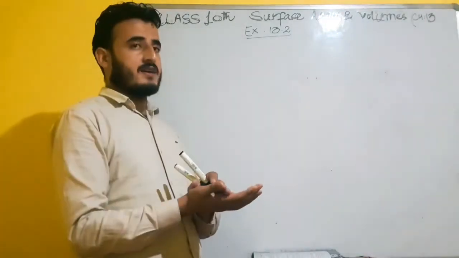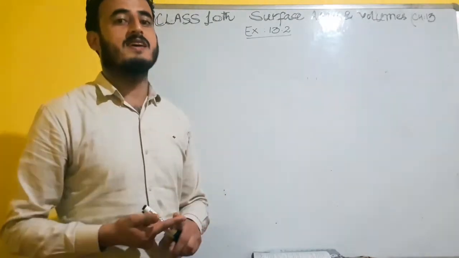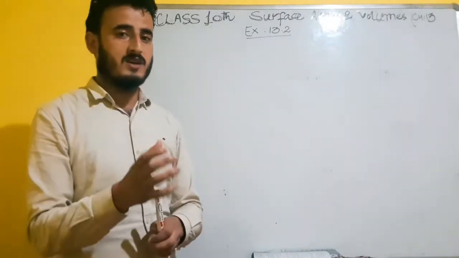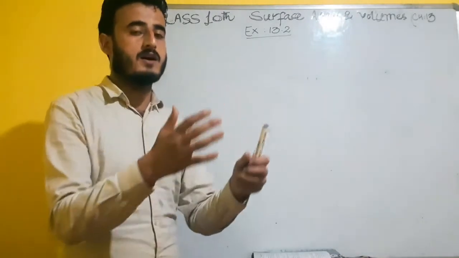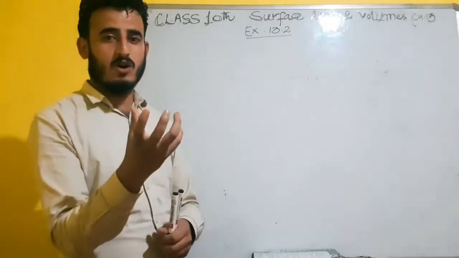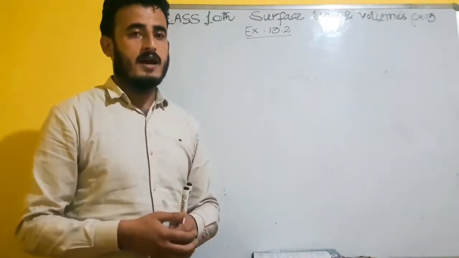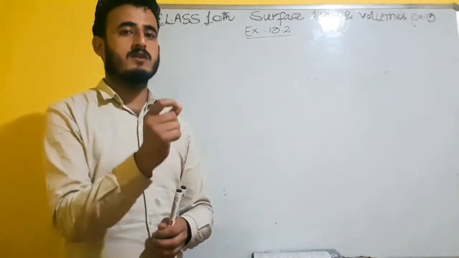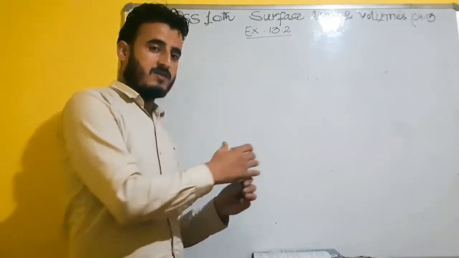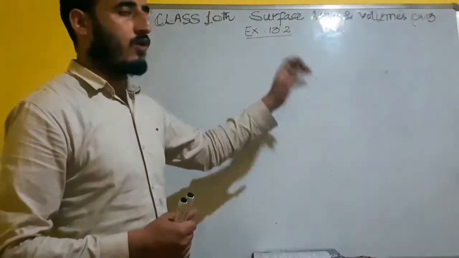Here, what we have to find: we are given a solid, and the solid is made of the cone as well as the hemisphere. A cone is surmounted on a hemisphere and we need to find the volume of the combined solid here. Given the dimensions, the radius of the hemisphere is equal to the radius of the cone, and the radius of both is equal to the height of the cone. With the help of these given dimensions we are going to find the volume of the solid.